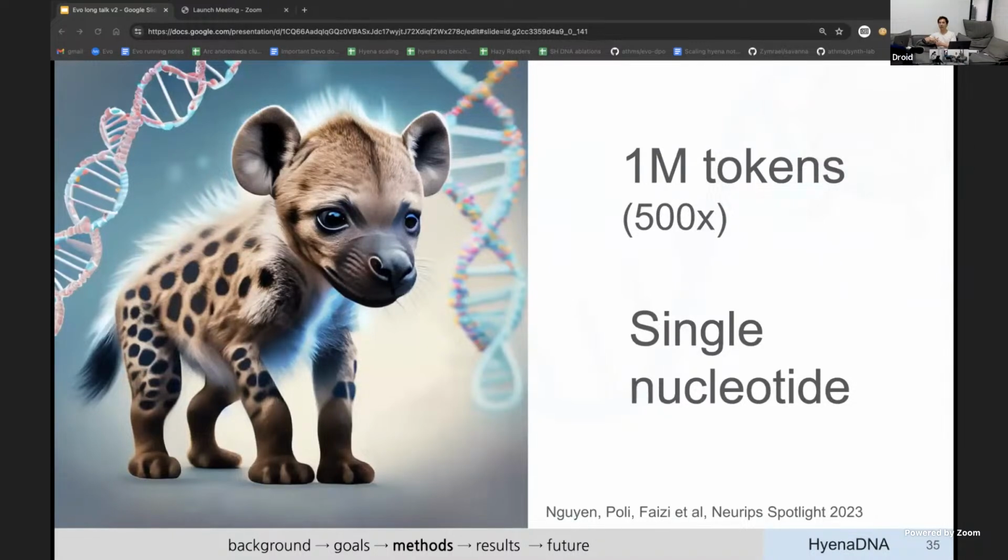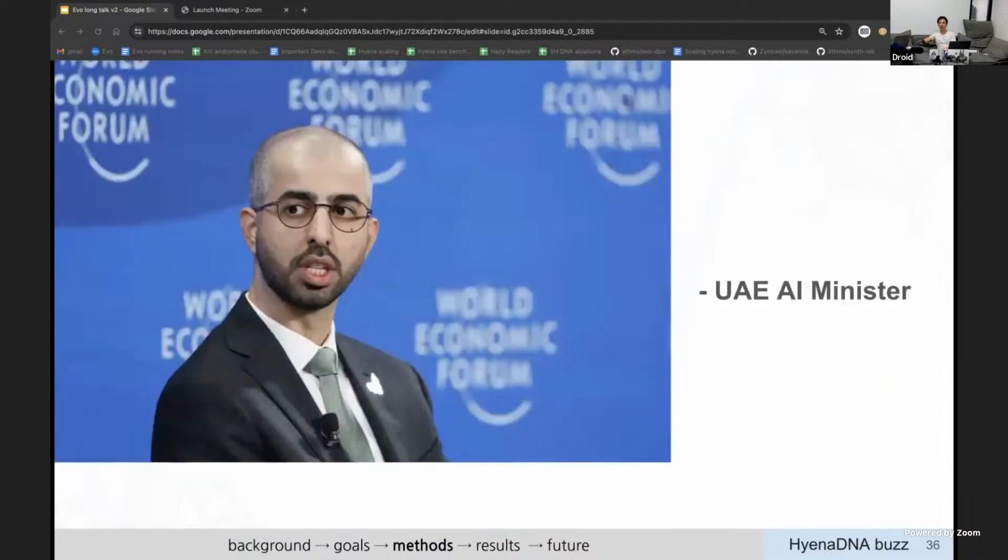And so last year we worked on a model called HyenaDNA, which is our first foray into applying new architectures or language models to DNA. Much smaller scale than the Evo project, but it's worth mentioning the architecture here, because we did use much of the similar architecture. So what this paper focused on was two areas, right? The two challenges from previous models, which is a longer context. So we extended the context length up to 1 million tokens, which at the time was about 500 times longer than previous genomic foundation models. And then we tokenized at the single nucleotide level. So the two key contributions.